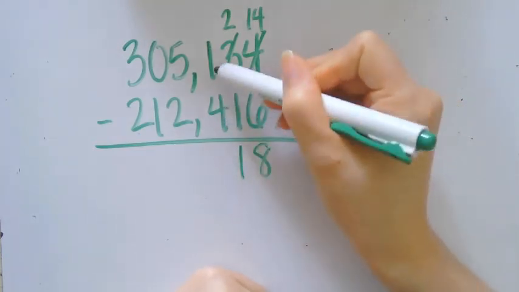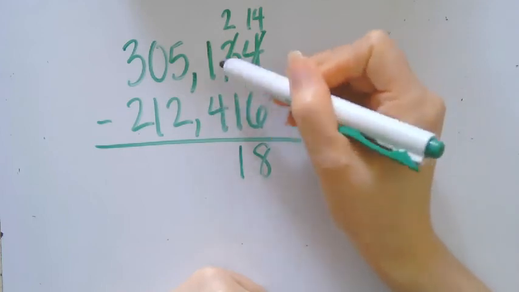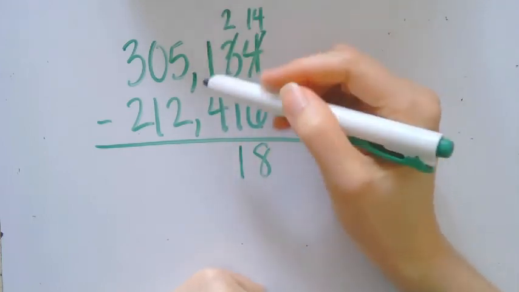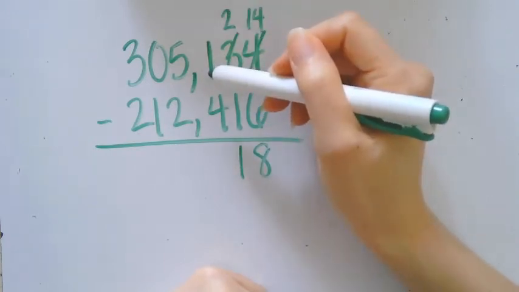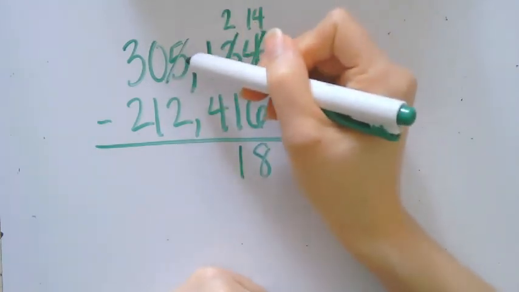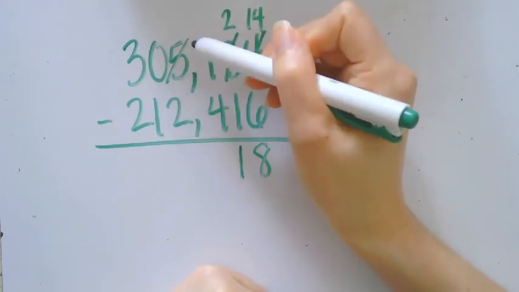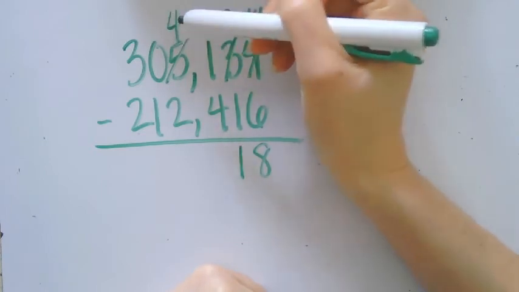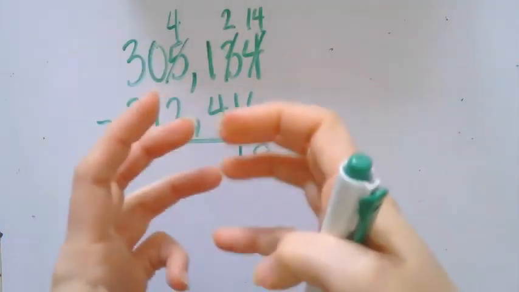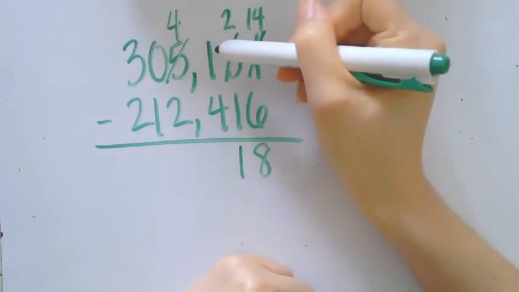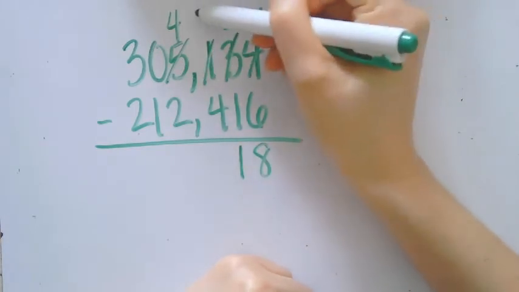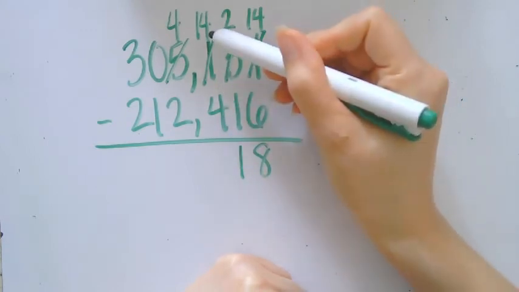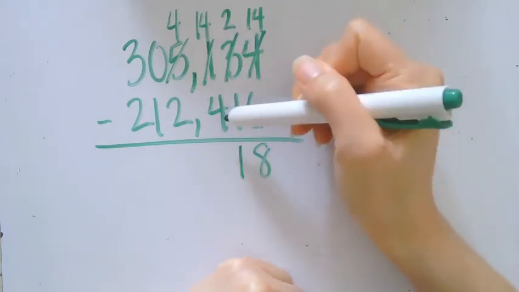Can I take 4 away from 1? No, 4 is greater than 1. I can't do that. So what do? Go next door and borrow some more. Can I borrow from 5? Yeah. If the number is at least 1 or higher, yeah, I can borrow. That 5 becomes a 4 because I'm just borrowing one group from that place value. And this 1 becomes a 14. Can I now take 4 away from 14? Yes. 14 minus 4 is